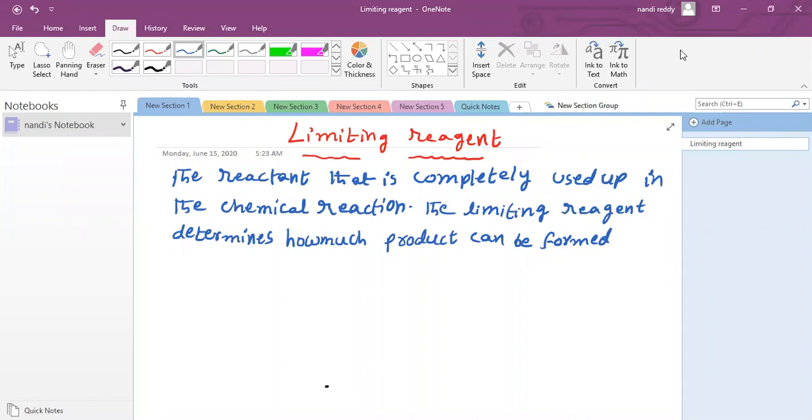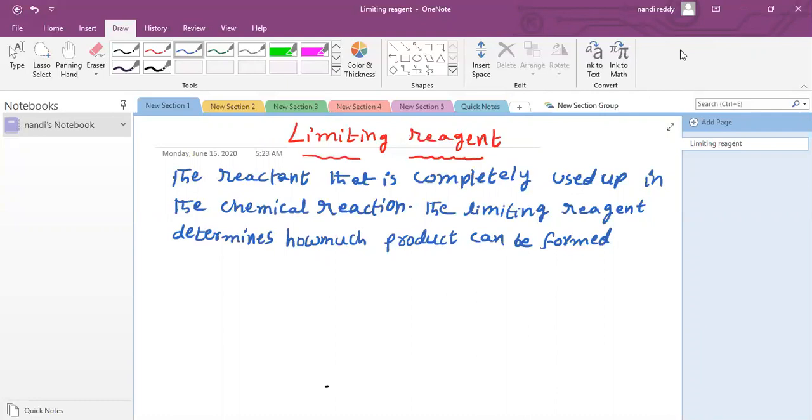Today we are going to be discussing limiting reagent. This concept is important for stoichiometric calculations, and based on this concept we get a number of JEE questions as well as NEET questions. We are going to discuss very clearly how to apply limiting reagent in given questions, with previous JEE and NEET questions, which I discuss at the end of this video.